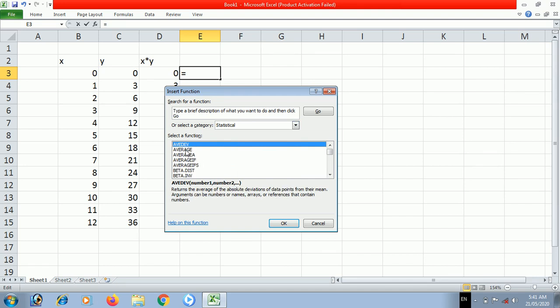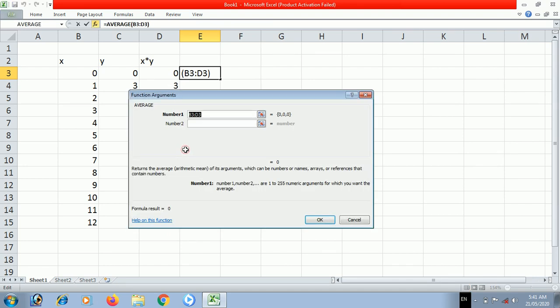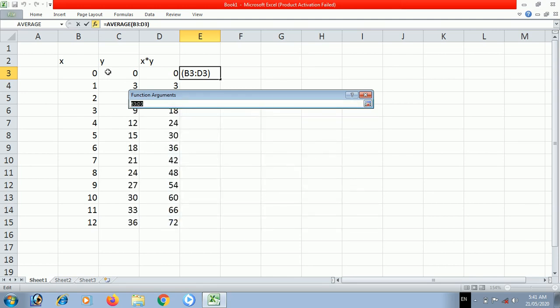Here we will go for the average function. I will click that average function, and it shows the average of B3 to D3, but I don't want to calculate that, therefore I will click here. And here if I click it, it will take me to the spreadsheet. Now I will drag to select the entire range.